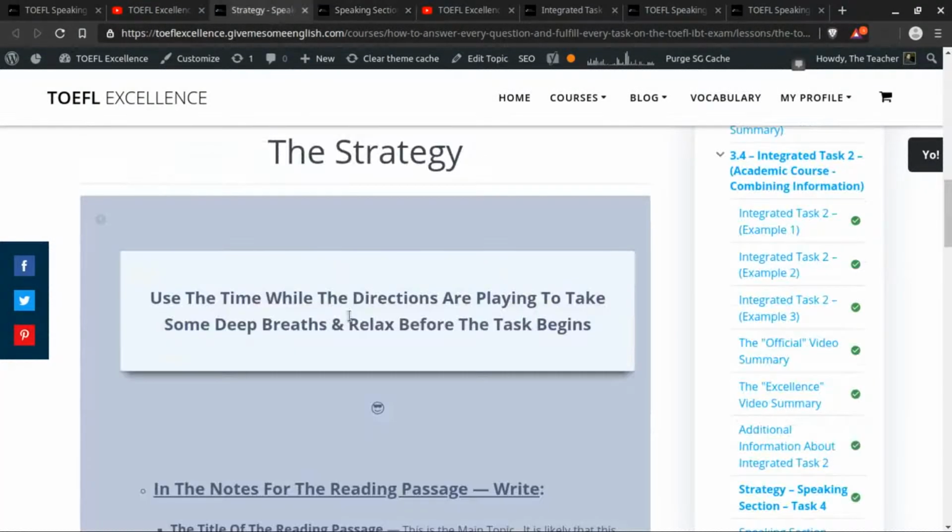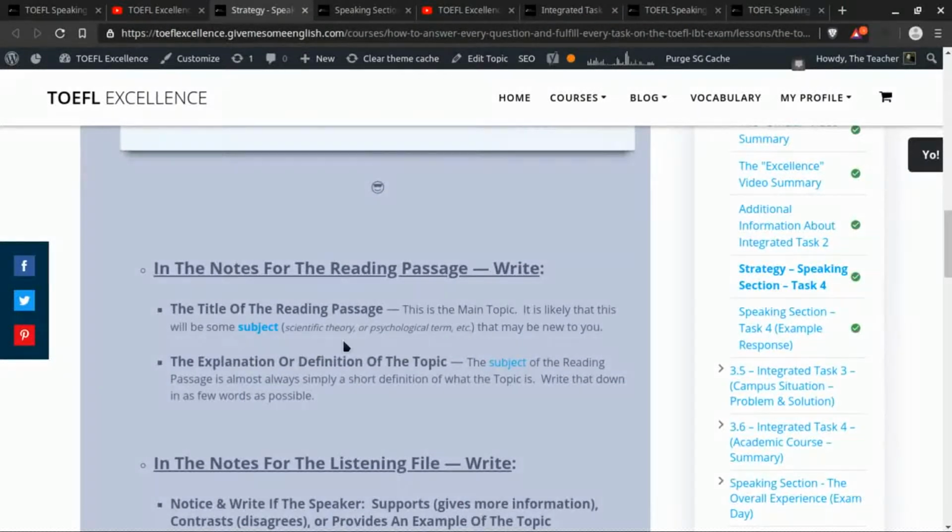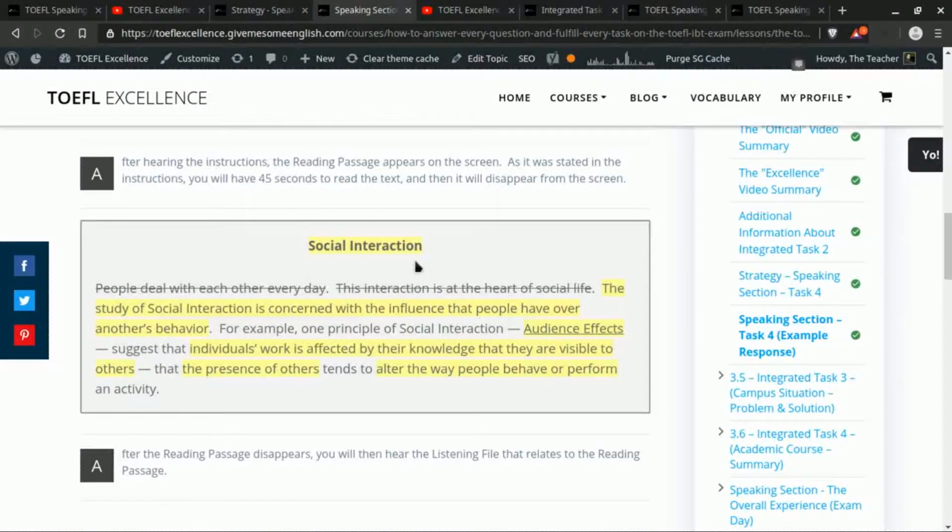Basically, to do that, you first write down the title of the reading passage, because 99% of the time, the title actually is going to be the topic. However, in this example on this page that you've seen here, you notice that social interaction is what they're talking about, but the specific topic that they're talking about in this reading section is audience effects, which is a type of social interaction. So I put this example here to show you that it's not going to be this way